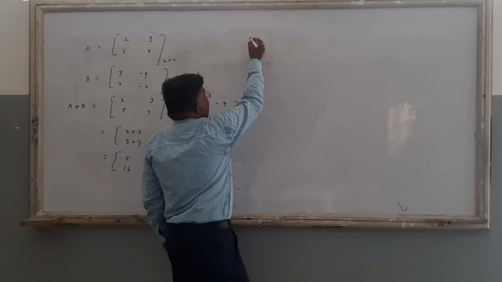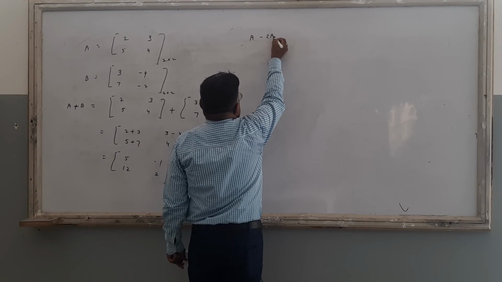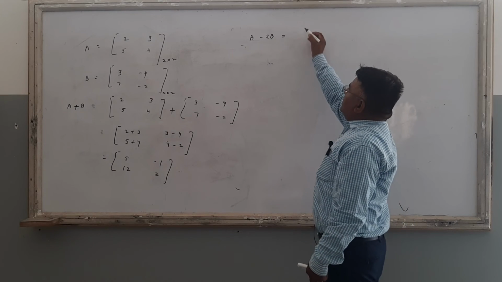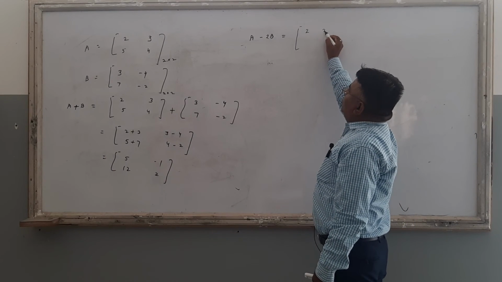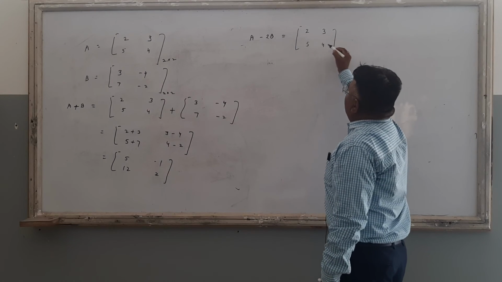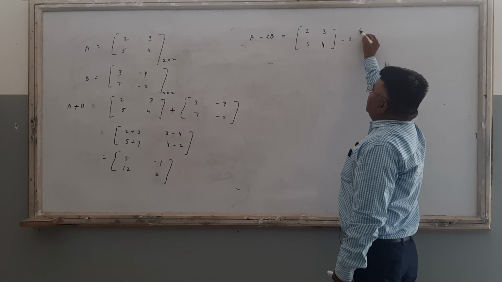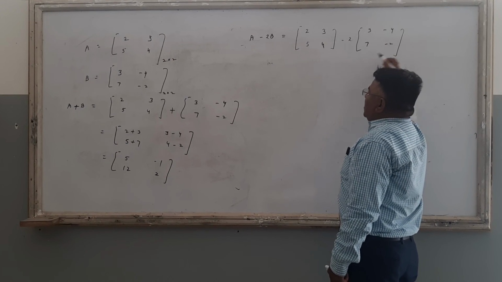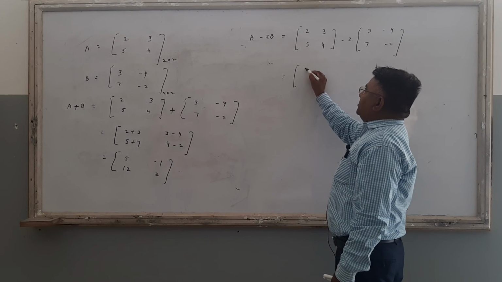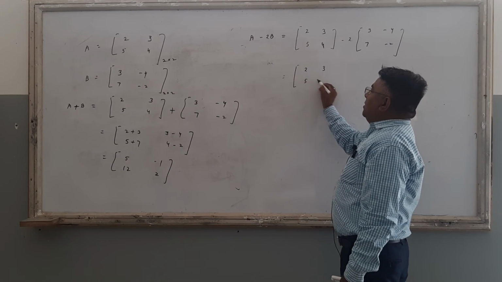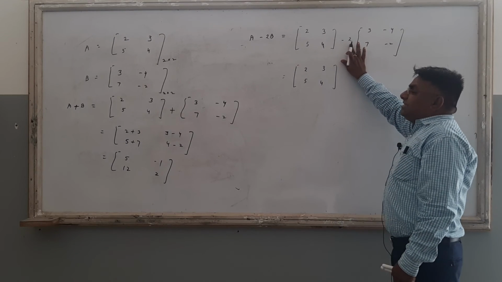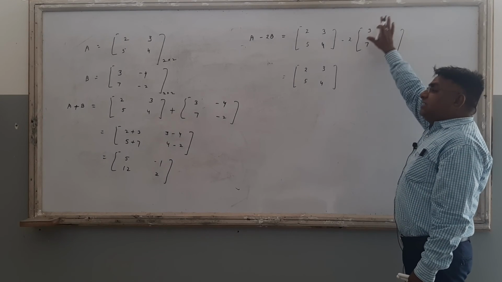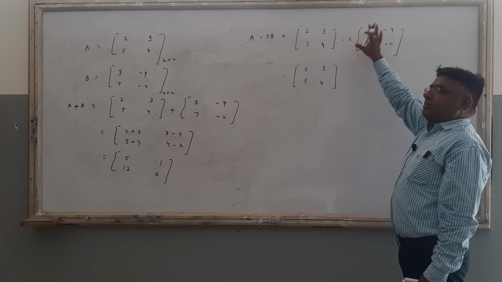But suppose now we find the value of A minus 2B, right? If we have to find the difference of two matrices, A minus B or A minus 2B, then in that condition A matrix is given, 2, 3, 5, 4. B matrix is given minus 2 as it is. B matrix is given 3, minus 4, 7 and minus 2. This is the first thing: in the difference of two matrices, the first matrix stays as it is. But for the second matrix, 2 is a scalar. And if there is a constant in front of any matrix, it is multiplied with each element. Any constant is multiplied by each element.